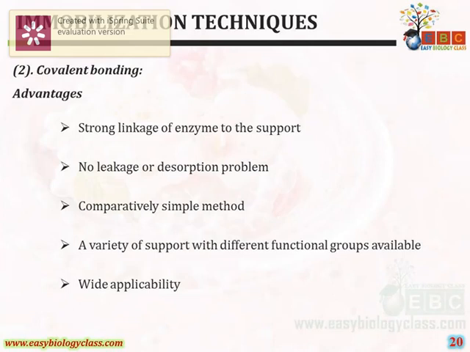Okay, this is important from our exam point of view. Advantages of covalent bonding, that is, it has a strong linkage capacity, because a covalent bond requires so much energy to make as well as to break. So it gives a strong supporting system and strong bonding capacity for the enzymes to adsorb on the surface of the support system. Second advantage is there is no leakage or desorption problem. Here the separation problem is not there, because the covalent bond is a very strong bond among the others.